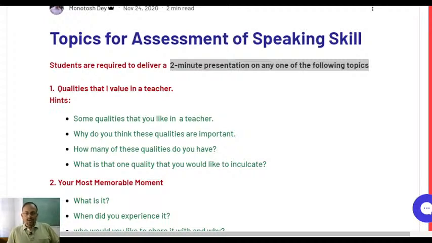Okay, so dear students, before I move on to the next topic today, let me revise what we have done so far. Dear students, in assessment of speaking skill, you are going to have two tasks. One task is topic presentation. I shall give you a topic 3-4 days in advance, and you've got to prepare from these topics. You can take these topics also, whatever is displayed on your screen. I can ask you from these topics also, instead of giving you some more topics. I can update these topics. But these will also be a part of your topic presentation, right?